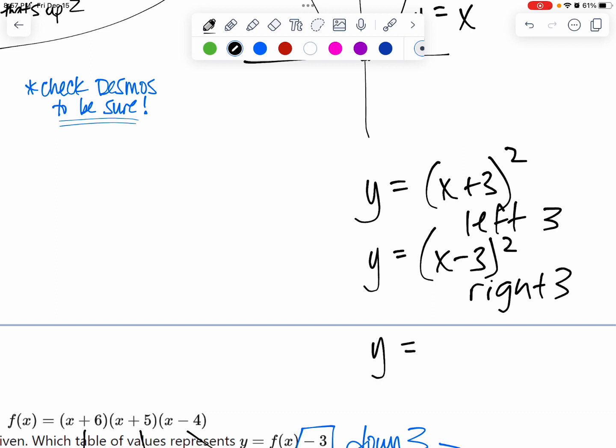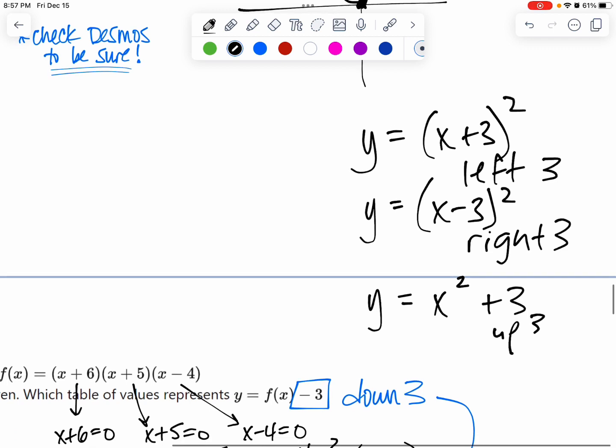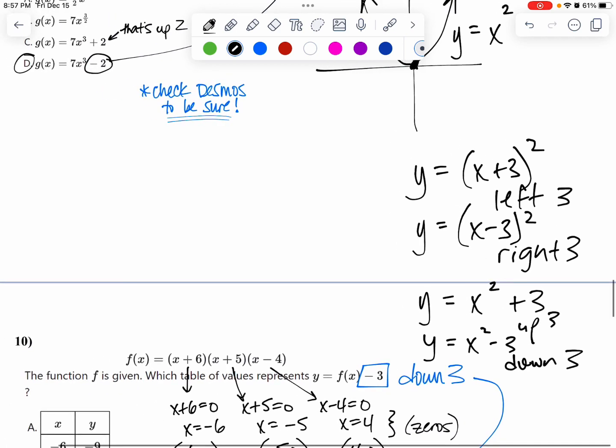And then if I take the x squared and add 3 without the parentheses, that would be up 3. And then if I take y equals x squared minus 3 without the parentheses, that one would be down 3. Okay, so I don't know if this is refreshing your memory at all, but when you have a plus 3